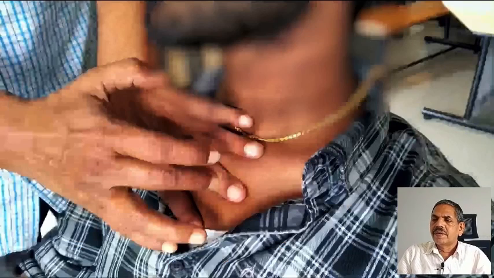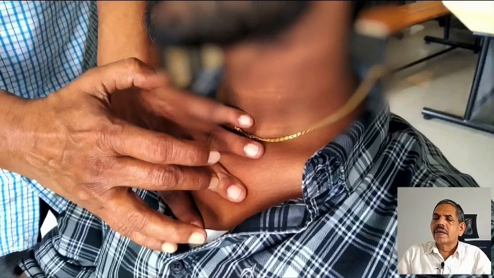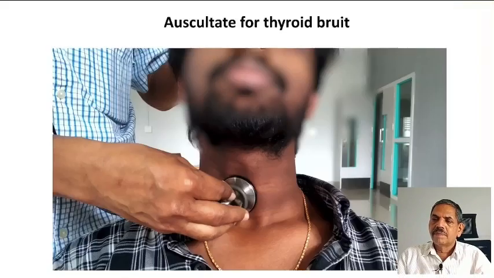After the palpation, percuss to find out the lower limit of the thyroid by percussing over the sternum. This is very important because this is the one physical sign by which you can say whether there is a retrosternal extension of the goiter. The sternum is usually resonant. If it is dull, you have to consider a retrosternal goiter.